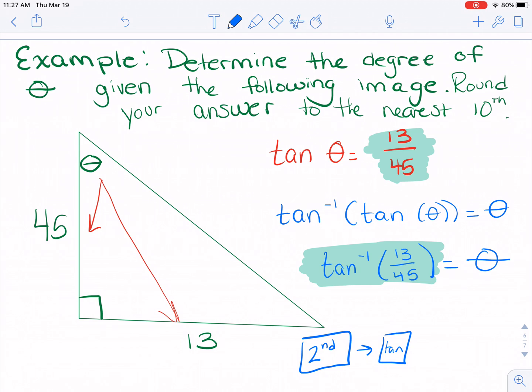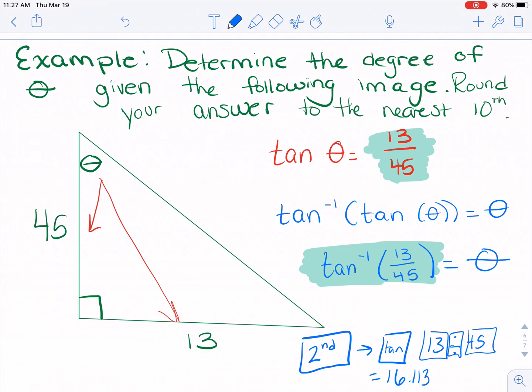So I hit second tan, and then I simply put 13, then I hit the division key, 45. Since 13 over 45 is the same thing as 13 divided by 45. I close parentheses, hit enter. I got